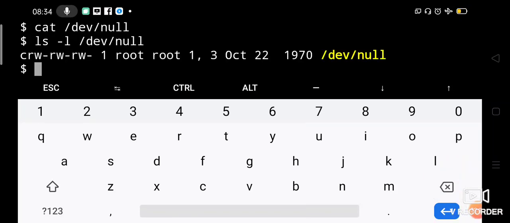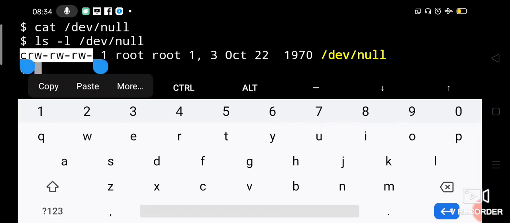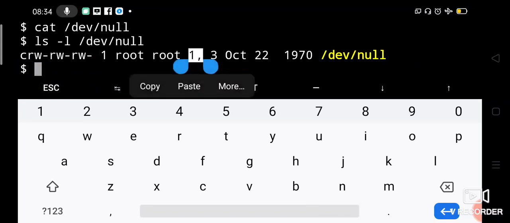See here, when I display ls -l, the long list of /dev/null, the first character you can see is c. The first character in this string is c, right? It indicates that it is a character device file, and the size of which you can see here is simply 1.